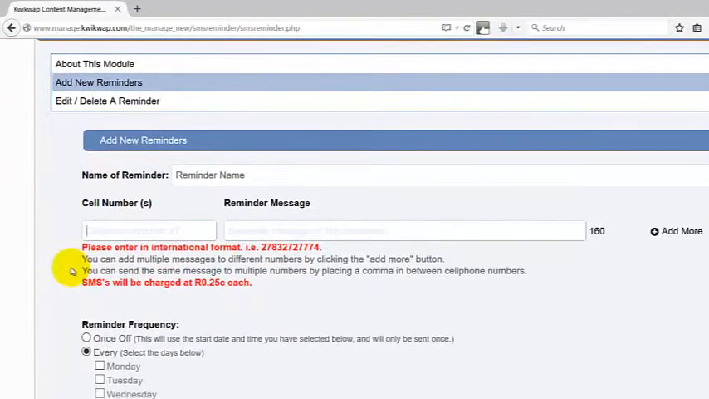What you are going to do is add the cell number of the person that you want to send the message to. Now what we need to do here is enter it in the international format, so we need to put the 27 in front of it and then leave the 0 out. You can either send it to people that are not in your SMS list or your mailing list, or as you type, if you have existing members with that number in the list, you will see it pop up, and you can actually just click on it